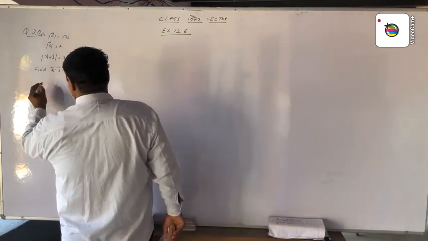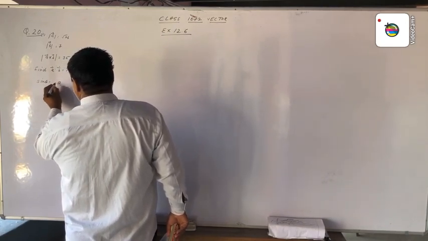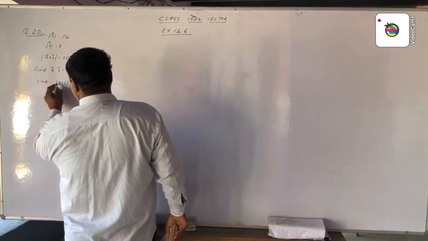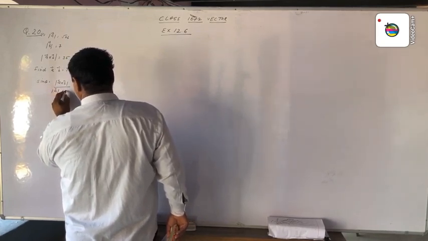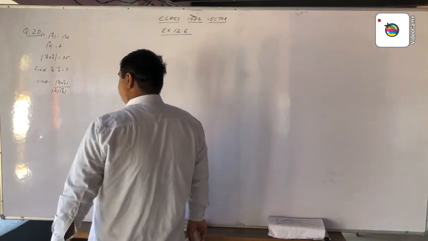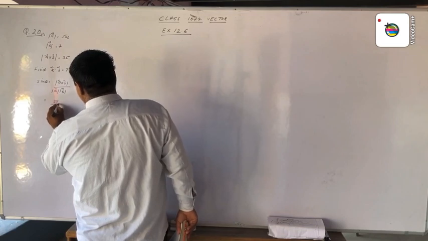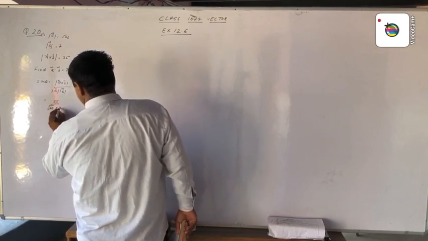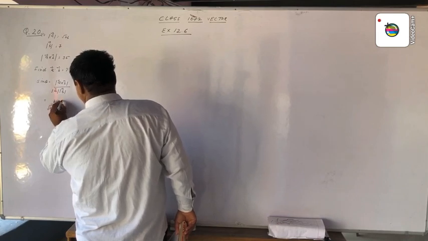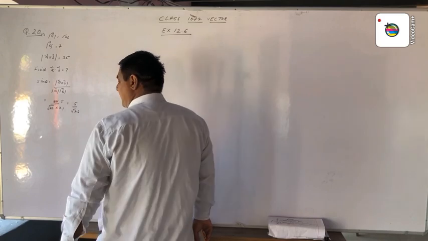Now we know that sin theta is equal to the magnitude of vector A cross B divided by the magnitude of vector A multiplied by the magnitude of vector B. It is the value of sin theta. Now the magnitude of A cross B is 35, the magnitude of vector A is root 26, and the magnitude of vector B is 7. We cancel this, and we get 5 by root 26. It is the value of sin theta.